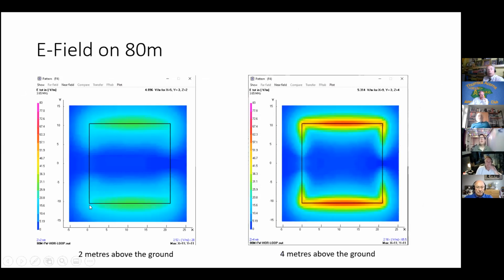Let's have a look at the fields on 80 meters. As we expect, we have basically 2 half waves here. So we expect current maximum and therefore magnetic field maximum halfway along each half, and we do have that, and they're nowhere near the pink, which is the ICNIRP limit. This is 2 meters above the ground for an antenna 5 meters off the ground. So at head height for a tall person, it's fine. And there's no pink even on the